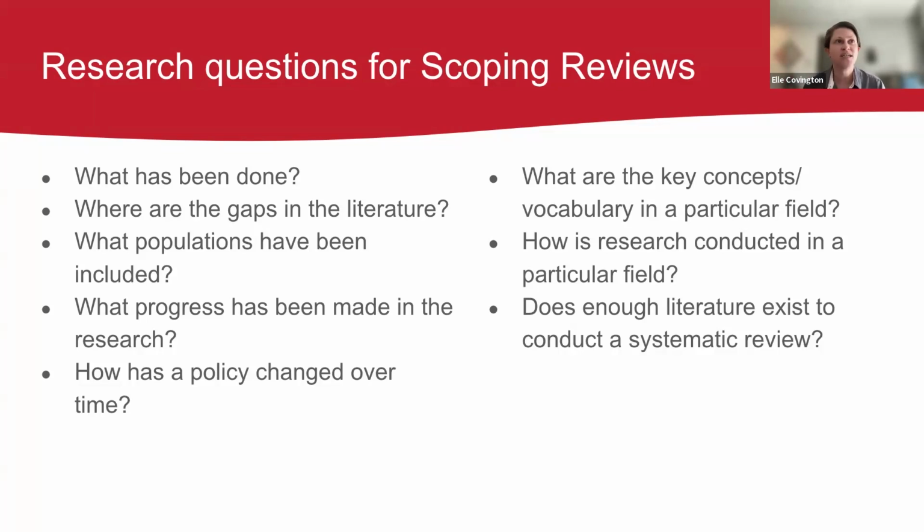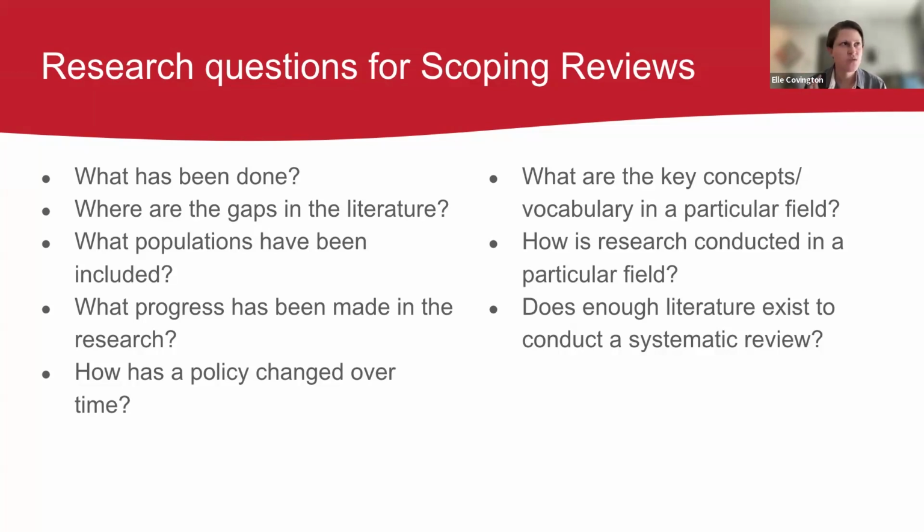How is research conducted? And does enough literature exist to conduct a systematic review? Or does this tell you, oh okay, this research doesn't exist, so now this is going to inform my next study. I know that now I want to do this with these parameters because this is what the literature says, and here's this gap in the literature. So while scoping reviews can be really good for mapping trends and can be really good in their own right, they can also be very good for informing future research. And that is one of the huge strengths of scoping reviews.